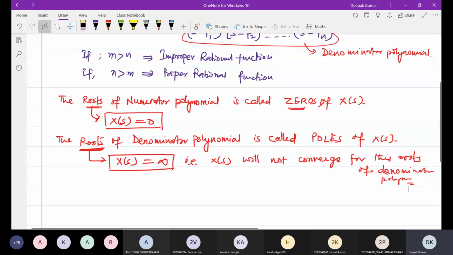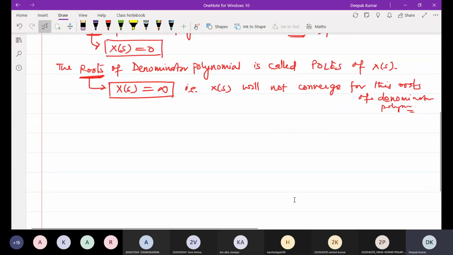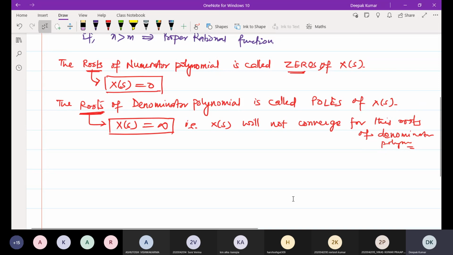So you will see, whenever you plot the region of convergence, there may be a chance that a zero may lie inside the region of convergence or outside it, but in the region of convergence there is no possibility of the existence of poles. Means we can conclude, note, a pole cannot lie in the region of convergence, because the region of convergence are those regions